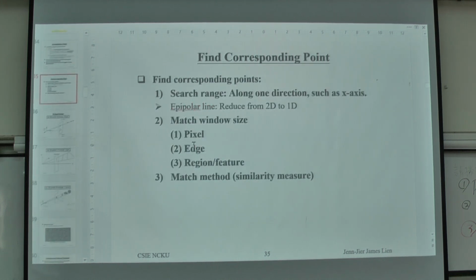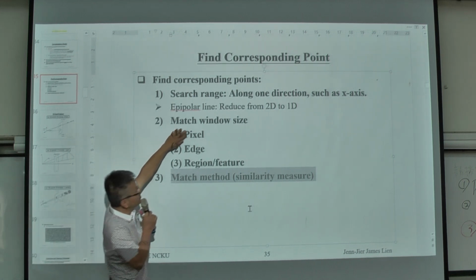So, for the metric, search range here. 在这里有写 find corresponding point，所以 you need to consider search range, you need to consider the metric, window size, and the method. Method is a metric，就是3点，在35页帮你写。